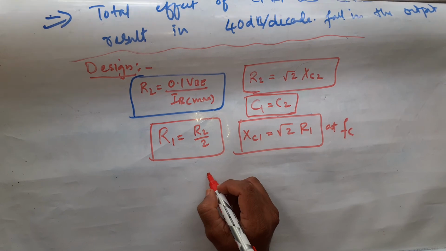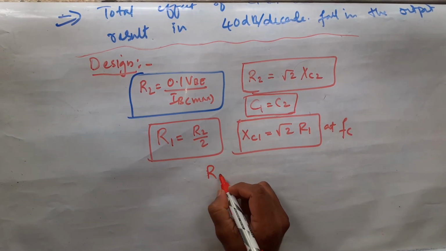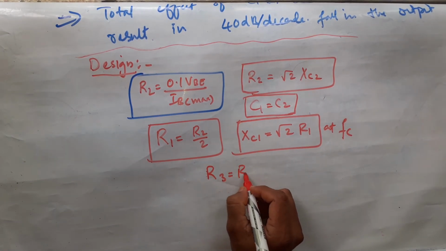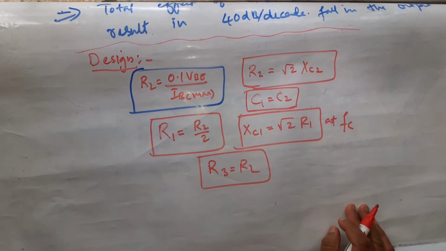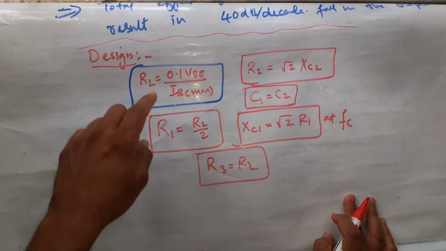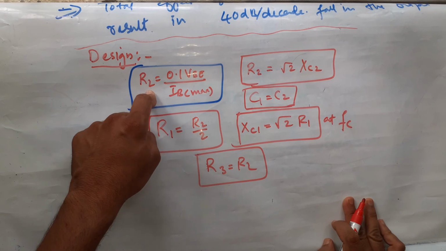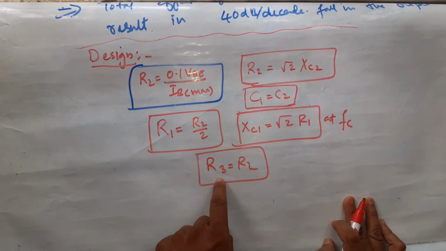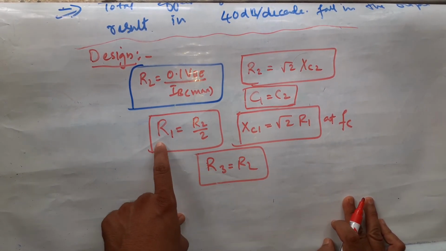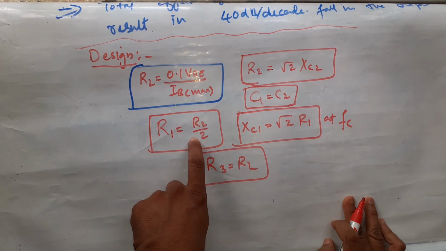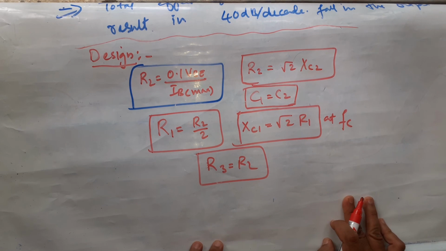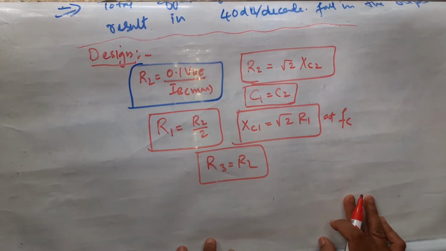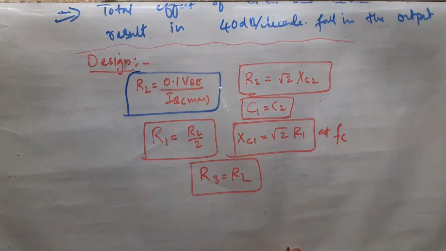Then we have, what is remaining? R1, R2, R3. R3 equal to R2. You need to remember as it is. Okay, this is not going to change. One important thing here is C1 equal to C2, R3 equal to R2, whereas R1 is equal to half of R2. This and these things are same like your second order low pass filter. Fine. That's it. So let us take one problem here.